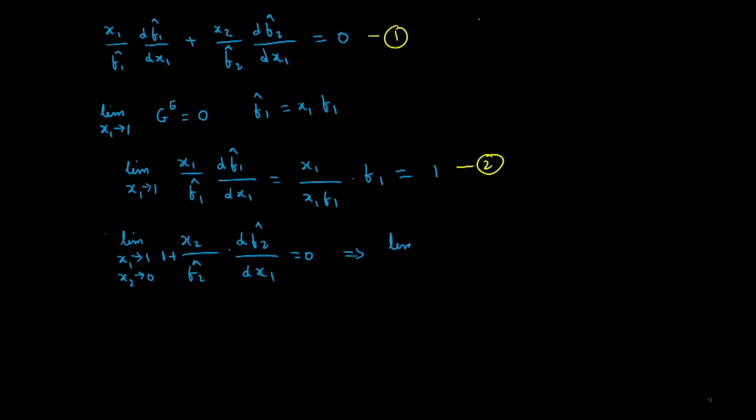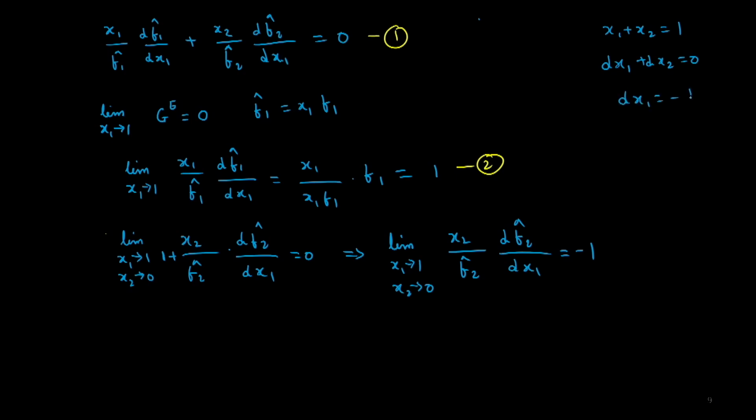What this means is, limit x1 going to 1, x2 going to 0, x2 by f2 hat d f2 hat over dx1 should be equal to negative 1. Now recall that x1 plus x2 in a binary system is 1, so dx1 plus dx2 is 0, or dx1 is negative of dx2. So I can easily replace this dx1 here with dx2,